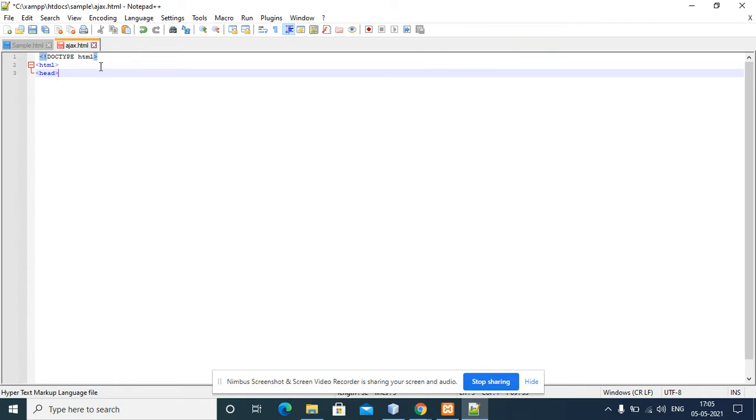So create a document type HTML. In the head part, I am going to type a script here.